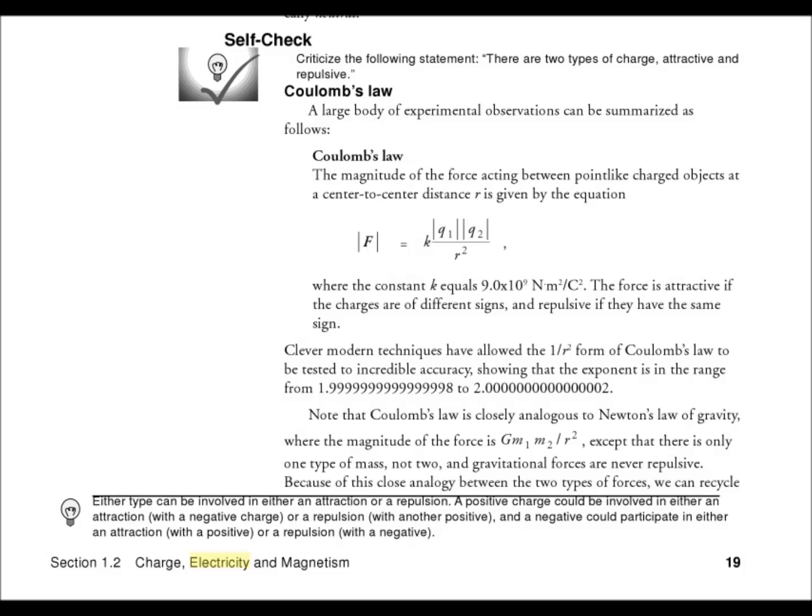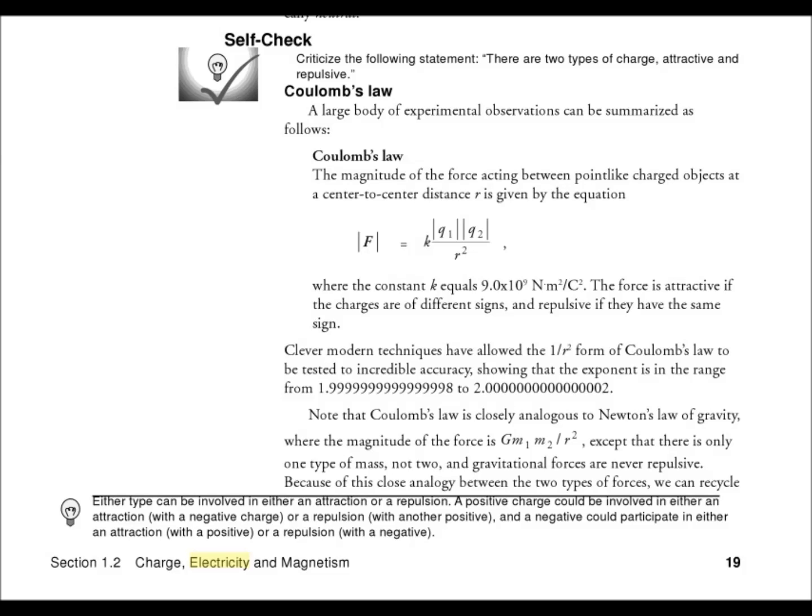Coulomb's Law. A large body of experimental observations can be summarized as follows. And as I get going here, I'm going to omit the explanation of the actual equation. Coulomb's Law. The magnitude of the force acting between point-like charged objects at a center-to-center distance, r, is given by the equation